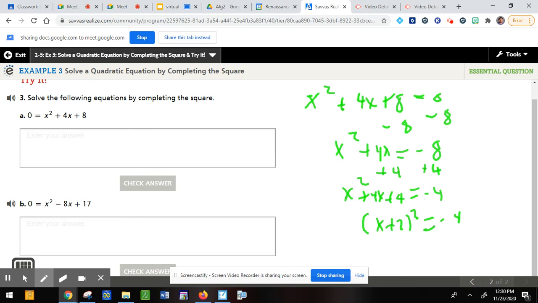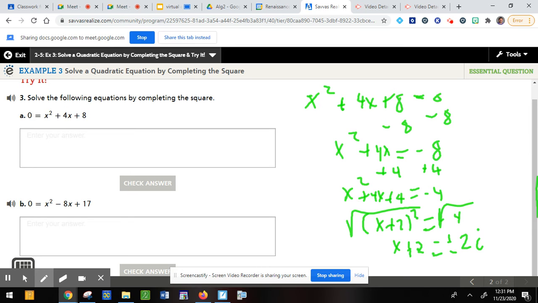Now I can take a square root of both sides. And you get x plus 2. And that's equal to square root of negative 4 is going to be plus or minus 2i. Right, because square root of 4 is 2. And then the fact that it's negative is why it's imaginary, and then it is plus or minus. Then